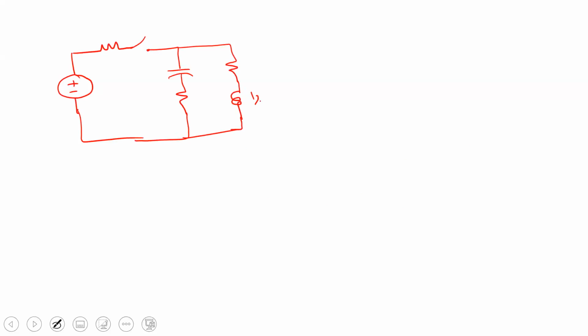Of Henry. So this is 6 ohm. This is the one we require voltage across capacitor. And this is 3 ohm. And this is 4 ohm. And this particular switch is